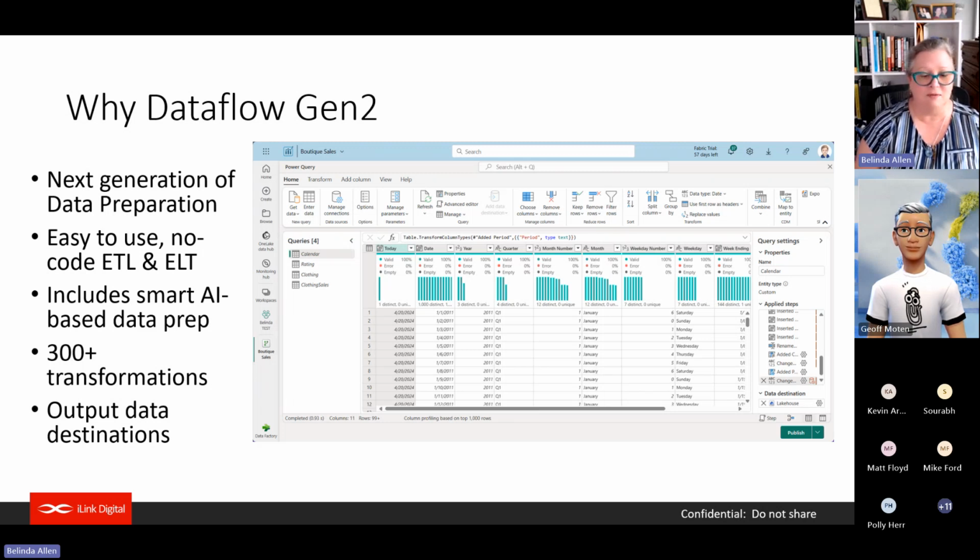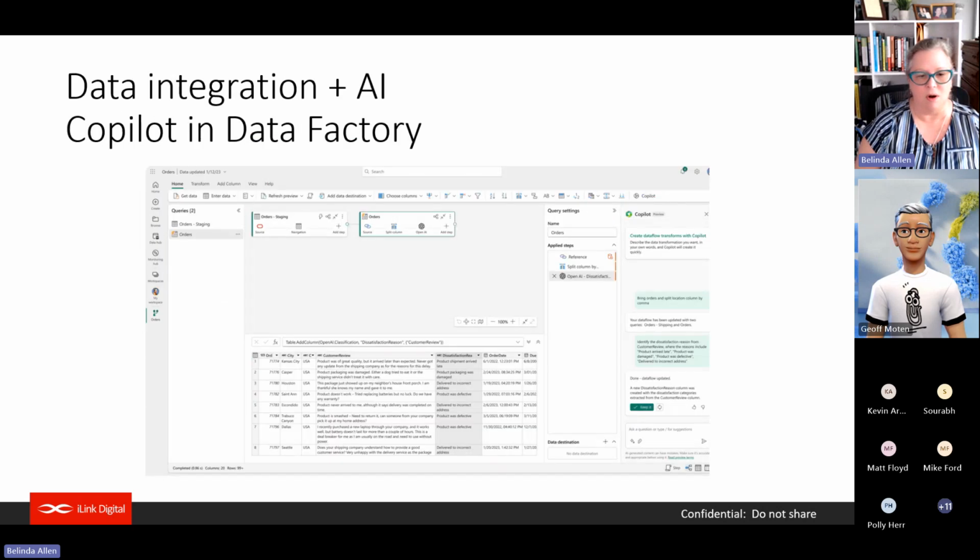We've put out a lot of different information. I've said a lot of this already, but this is it on the screen. Look at it. It is the Power Query that you know. So it writes output to data flows, to Azure SQL database, warehouse, lakehouse, a whole lot more.